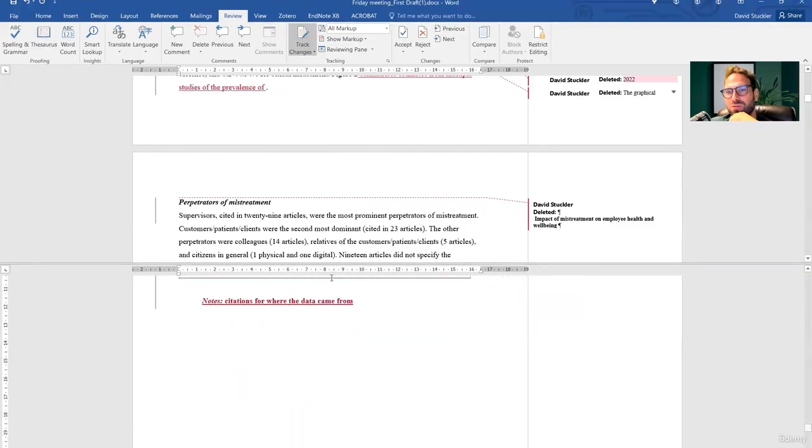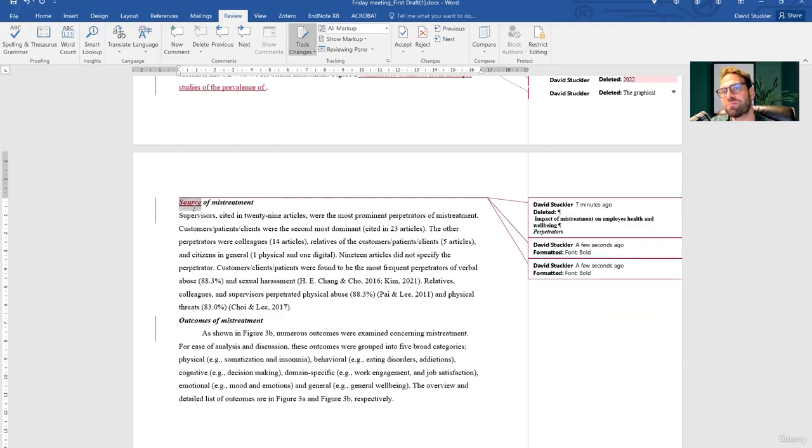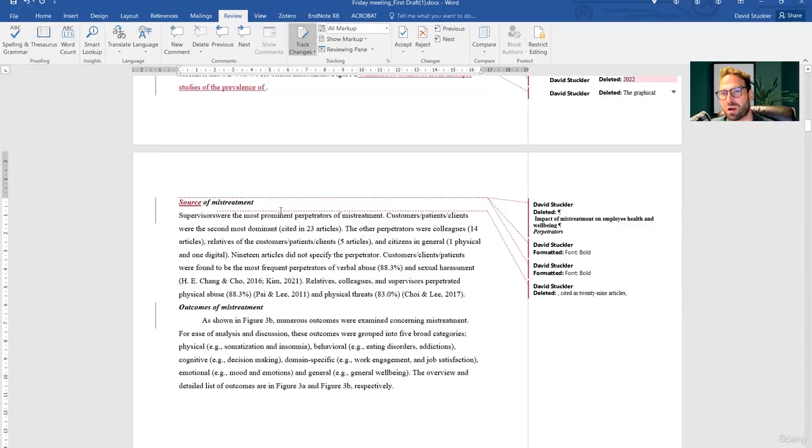Okay, so let me come back. These perpetrators of mistreatment, great. You see here, you call them perpetrators, but in your Excel table you call it source. Source or type or something. Just pick one label and stick with it. Either you call it the source or what it is. So supervisors were the most prominent perpetrators of mistreatment, followed by